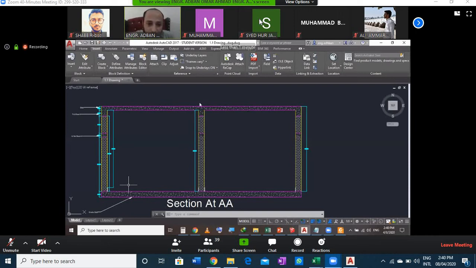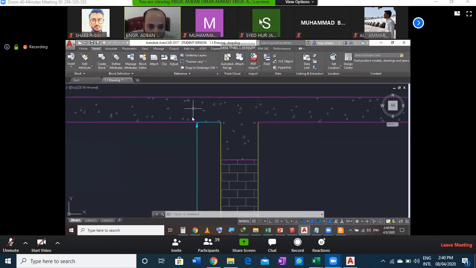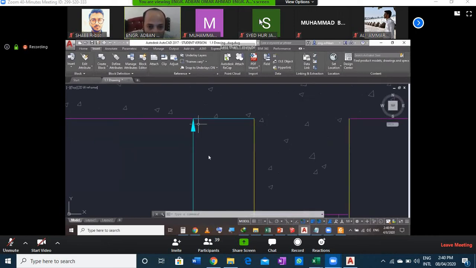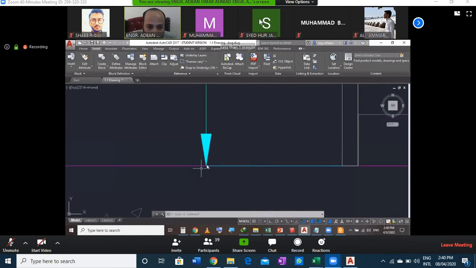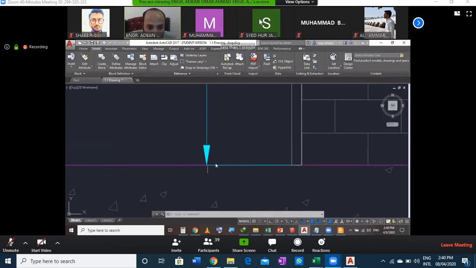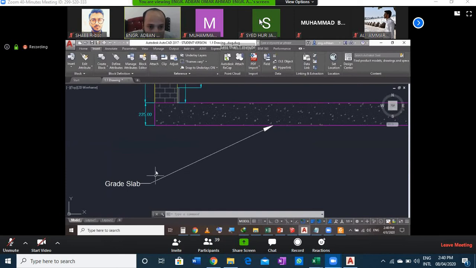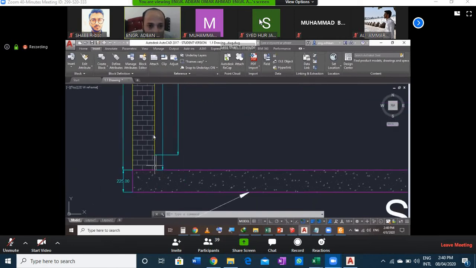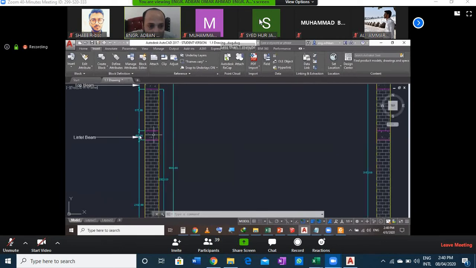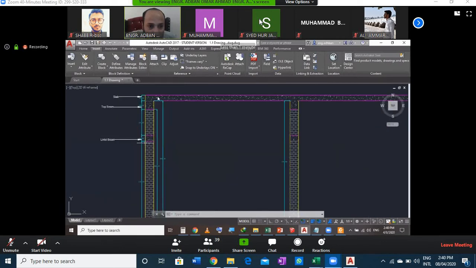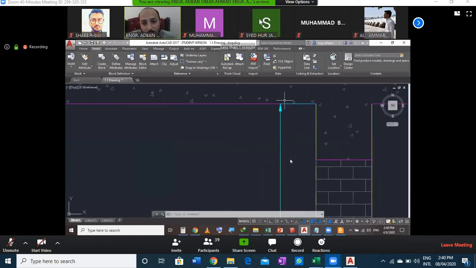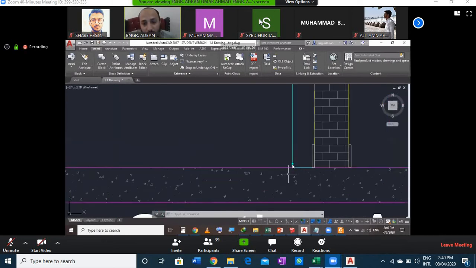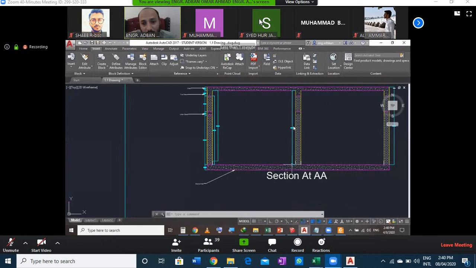It is this one. This is the top of your floor. This was the grade beam, right? And this is the skirting height, this is the lintel beam, this is the top beam, and this is the slab, right? From the bottom of the slab till the top of your floor is called clear height. So it came to be